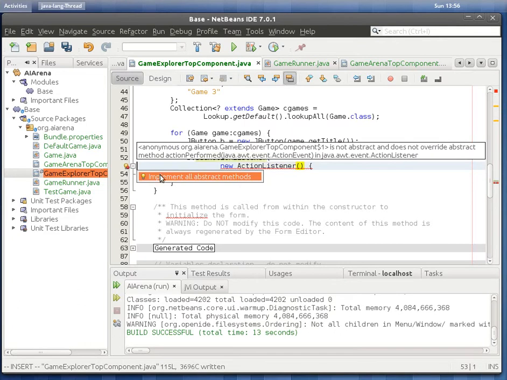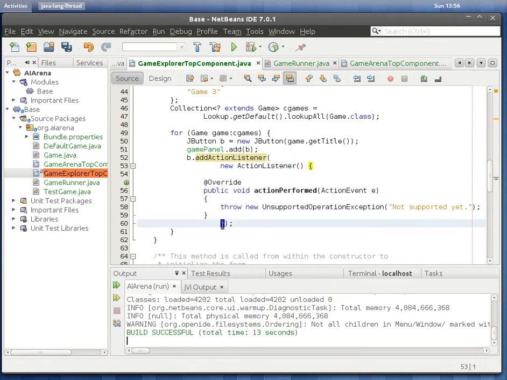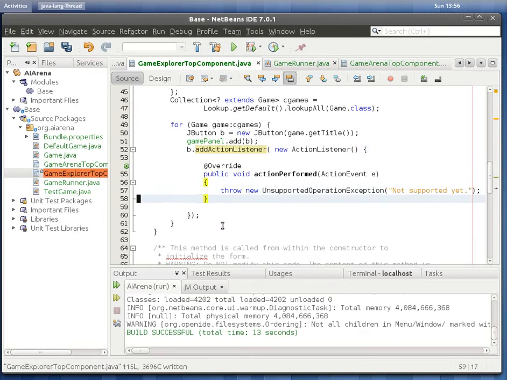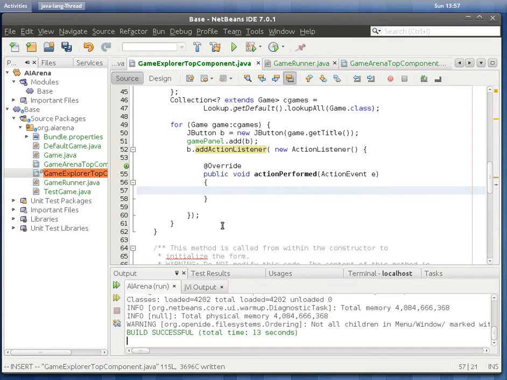And ask NetBeans to help us with the code. Okay, now when the user